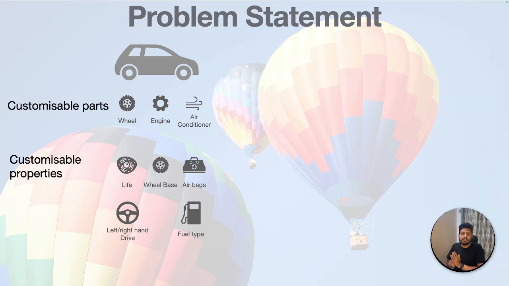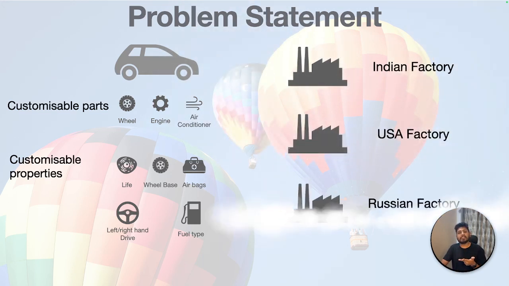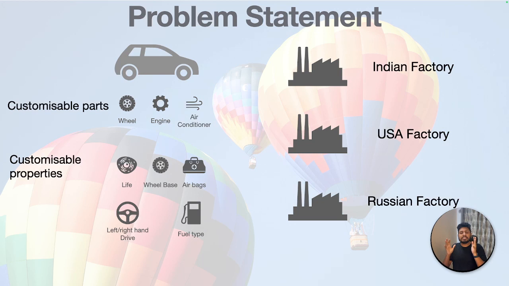Now we have different regions where we want to deliver this car. That means we have different areas or different countries where we have different factories for us. So we have a factory in India, a factory in the USA, and a factory in Russia. All these countries are totally different in their climate as well as in their government norms. So let's start designing and understand